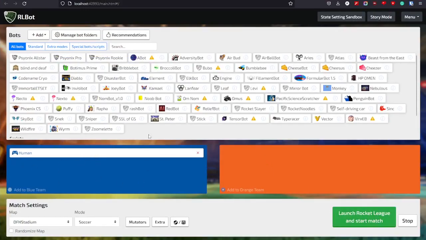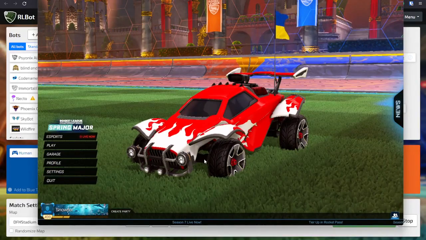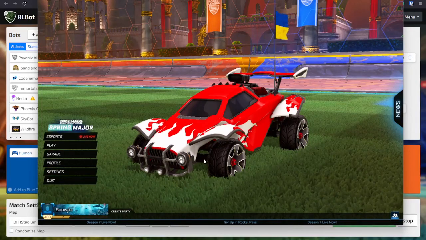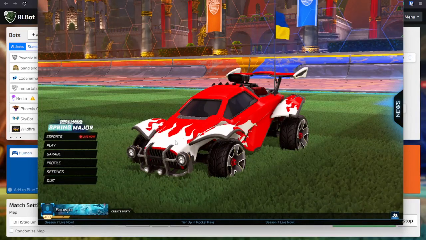You launch Rocket League. You don't need to think about the bots right now, because all we gotta do is launch Rocket League so we can change some stuff in the Bacchusmod. So we're gonna start Rocket League and then we're gonna quit the match immediately, and do some things with the Rocket plugin that we've been talking about. There it started Rocket League. If you're in the match, just leave the match and go to the page.